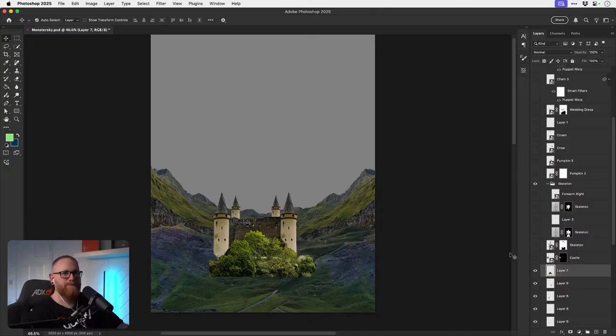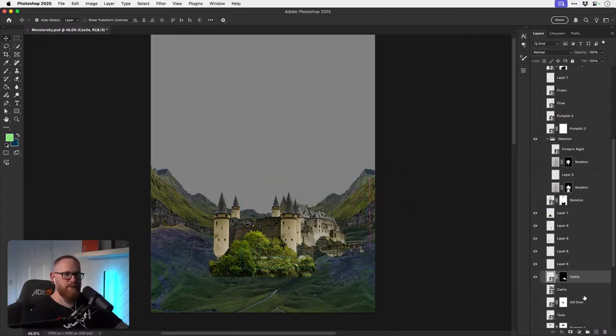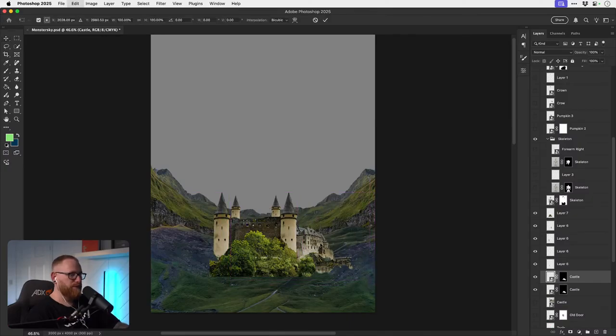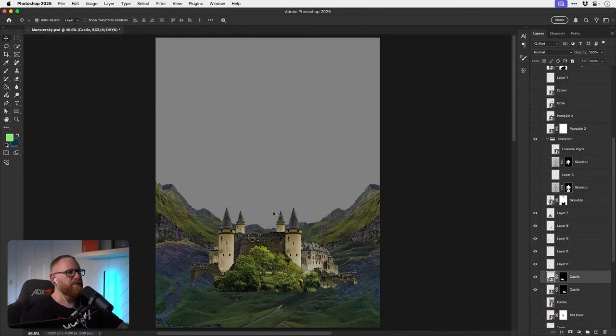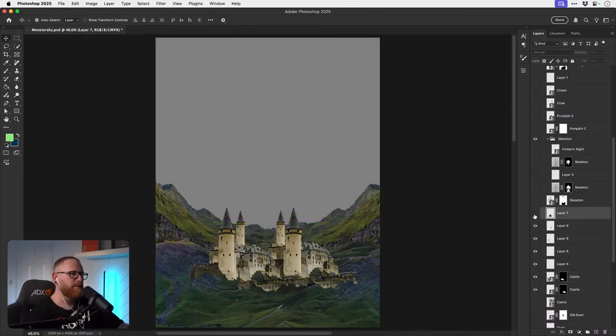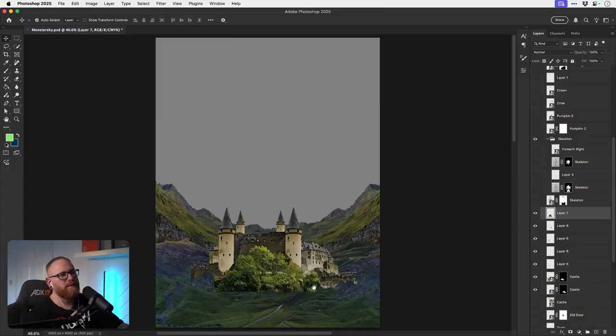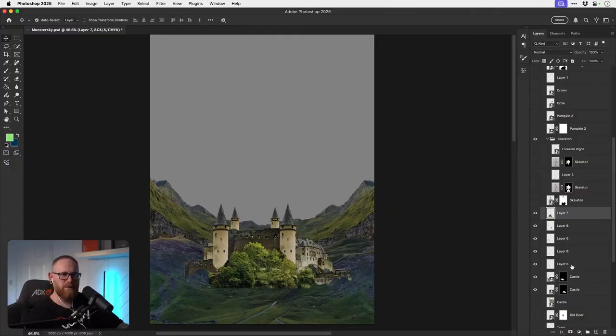And then what other bits of castle have we got? Yeah, we could build something completely custom there.